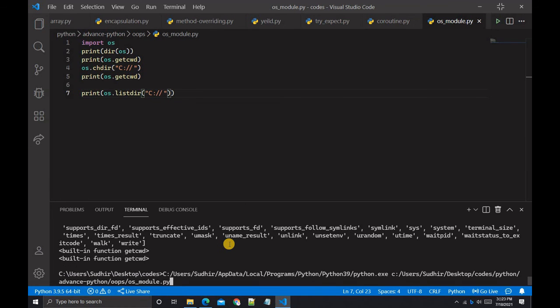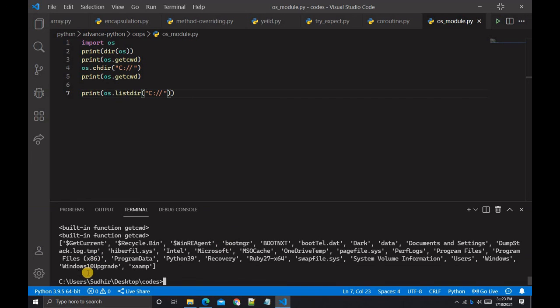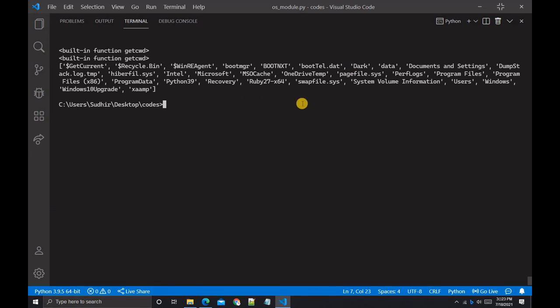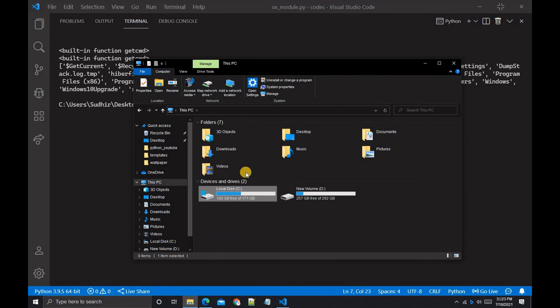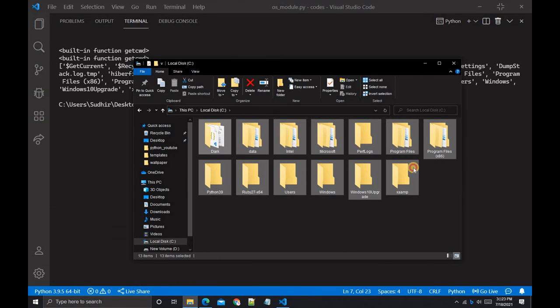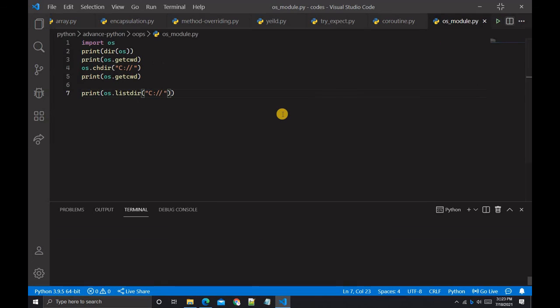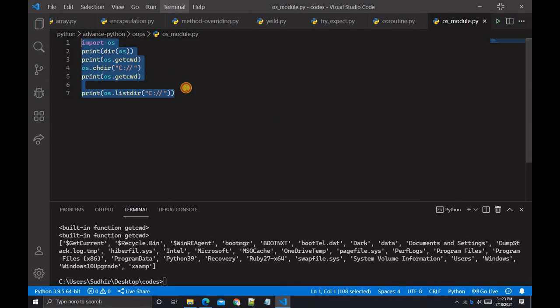Press Ctrl+S to save, and now run this file. So you can see all the folders that are present in my C drive shown in this terminal. So guys, these are some of the built-in functions that are present in the OS module.